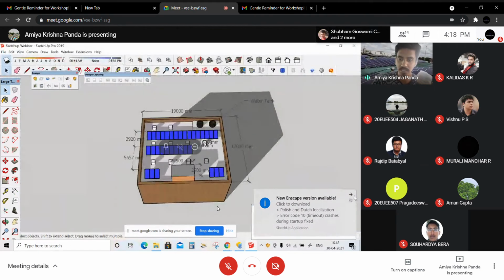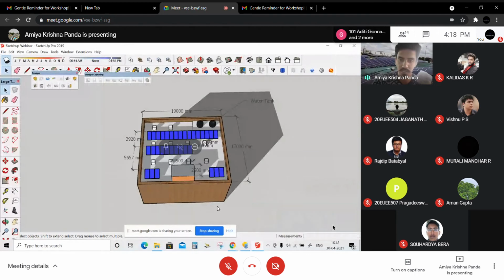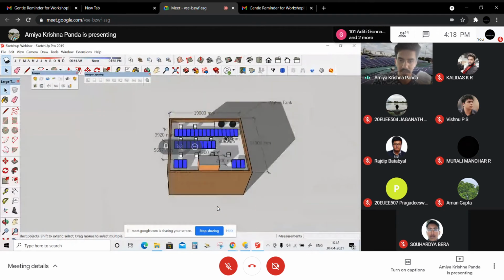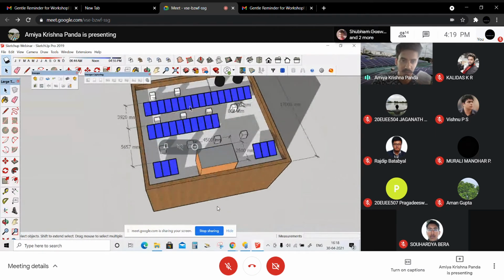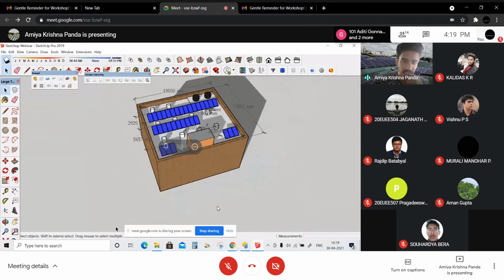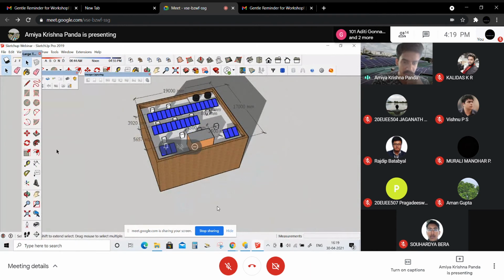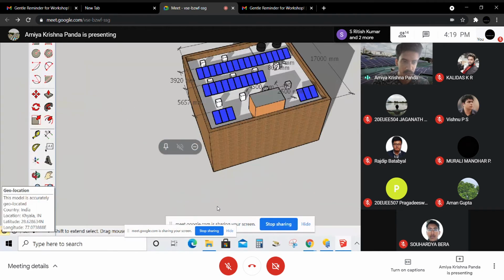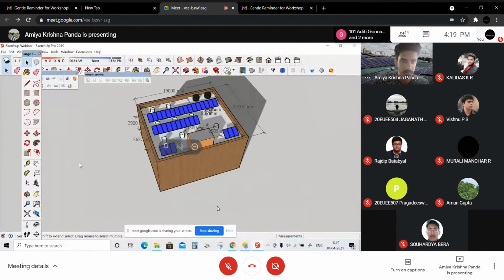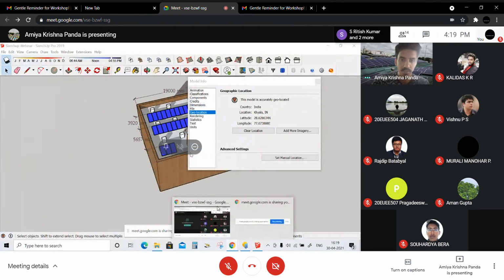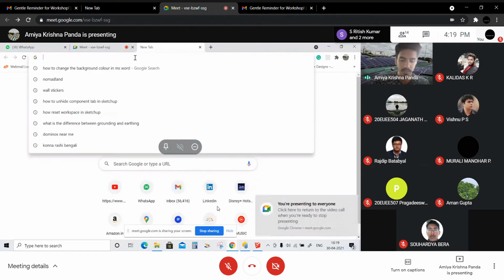So this is our last session SketchUp file where we drew the specific building and placed the modules in such a way, right? So now here what we can do is take the location we have considered here. I need to just know that. To know the location from any SketchUp file, you can go to the geolocation tab. Here you will find the latitude and longitude. So we are coming to the Google Maps part.